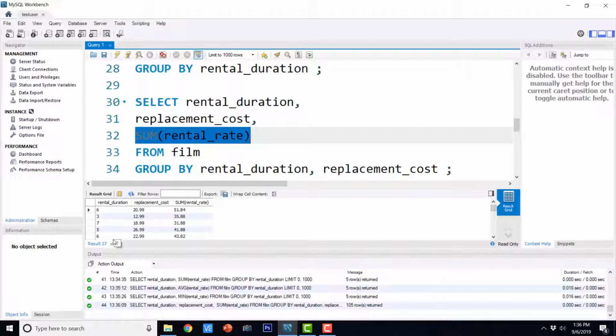Here rental duration 6 appears twice because the combinations 6 and 22.99 and 6 and 20.99 are there. There might be more occurrences of 6 here. Right, there are more occurrences of 6. So here the combination of rental duration and replacement cost is used for grouping the data. Earlier it was only rental duration.